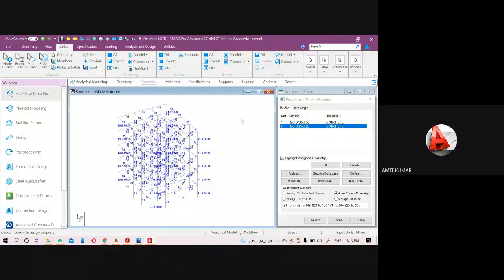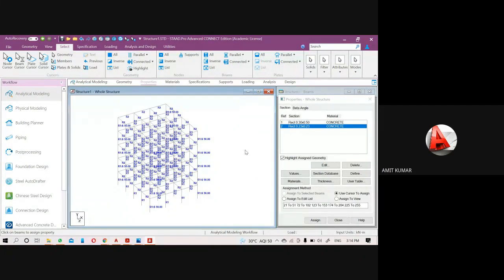But sometimes in our project, there may be a beam which is not parallel to the X and Z. Then there is one simple method: arrange the structure from the front, side, top or bottom, from where you are able to select them. Just arrange the structure in that particular way. Okay, so that was the selection method also. This is the select menu.